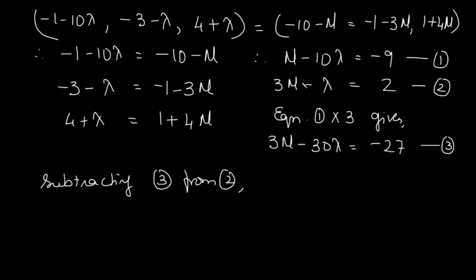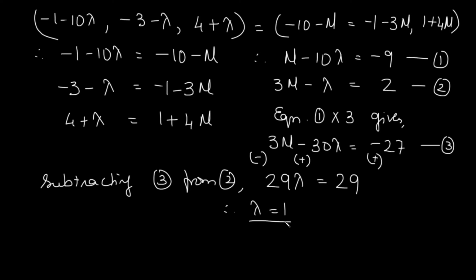okay, we are going to get over here, see 3 mu minus 3 mu, it goes away. Minus lambda, sign changes, plus 30 lambda gives us 29 lambda is equal to, similarly here 2 plus 27, sign changes, remember the sign is going to change. I'm just writing it as a rough work, you don't have to show it in the exam time. You can solve it directly also. This way the sign changes when you subtract both, isn't it? So when you subtract both the equations, you get 29 lambda is equal to 2 plus 27, that is 29, and therefore conveniently you get lambda is equal to 1.